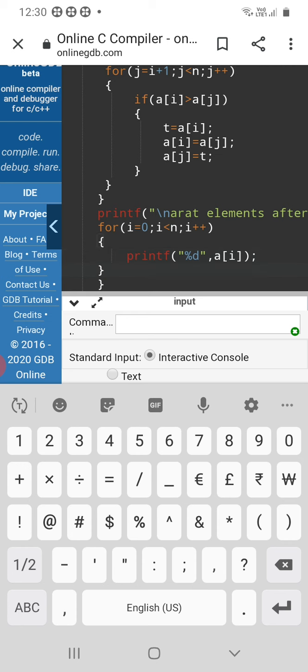Next, for descending sorting, that is nothing but arranging the array elements in descending order. I am writing the for loop again.